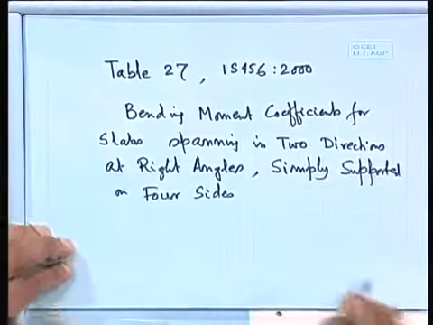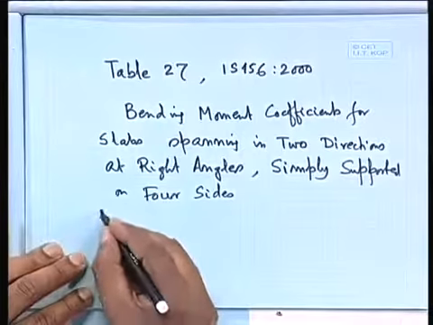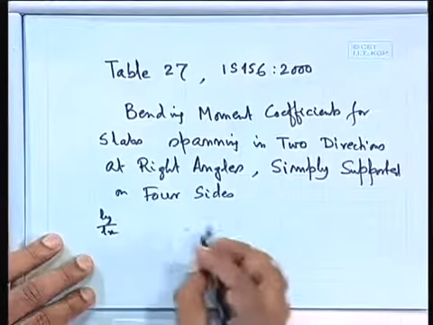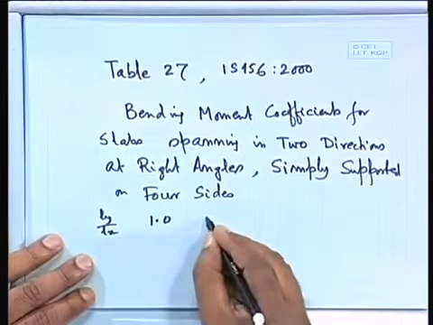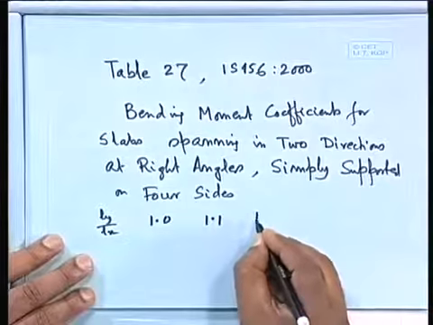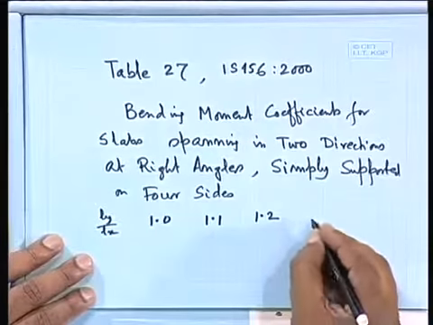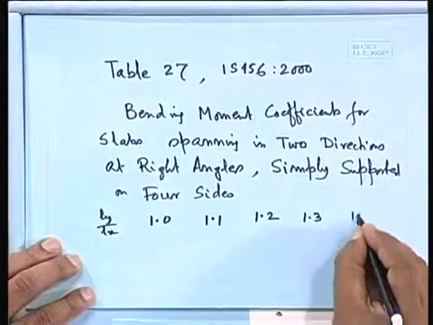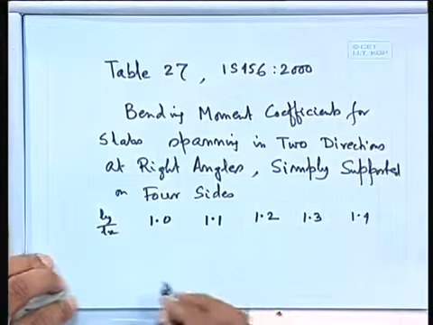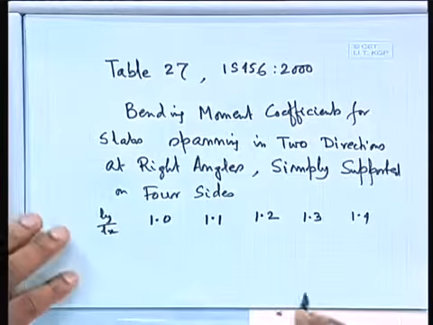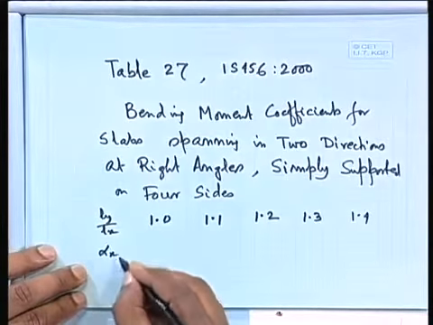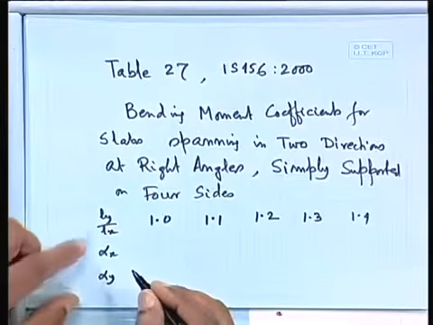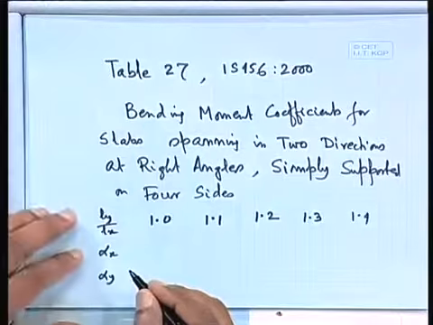Where we shall get for different values of Ly by Lx, just for your reference. So this is 1.0, just I shall give you a few, 1.1, 1.2, then 1.3 let us take, and 1.4 since I can accommodate in this paper. And instead of telling beta x and beta y, they have written alpha x and alpha y. The same thing, only that in the table they have written alpha x alpha y, but here we have written beta x beta y.